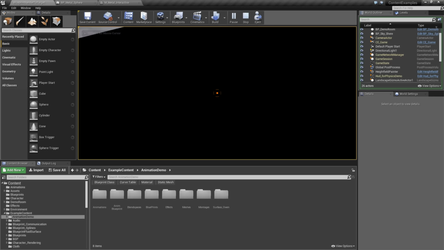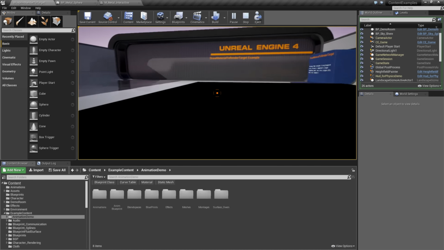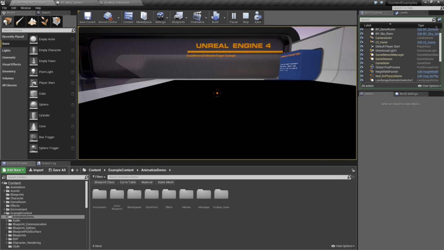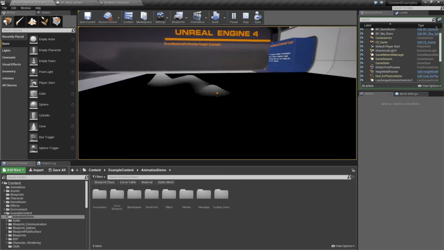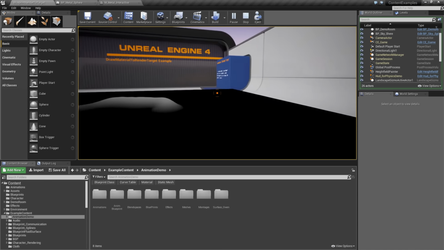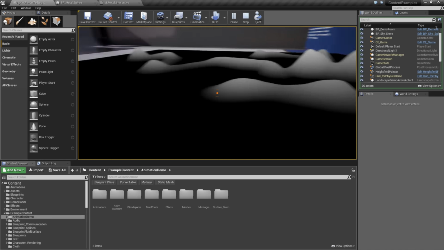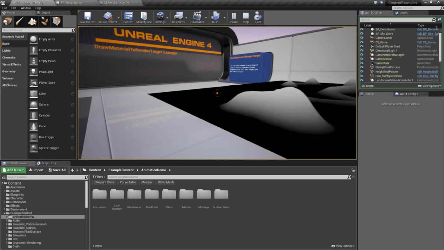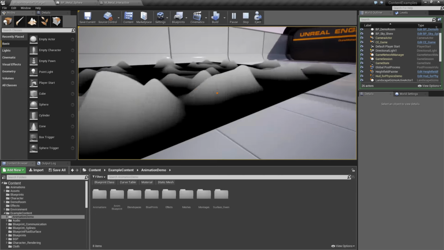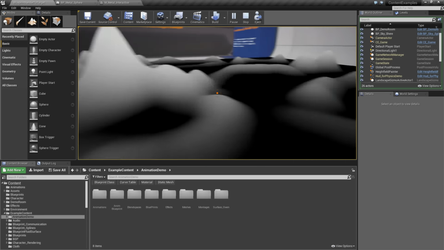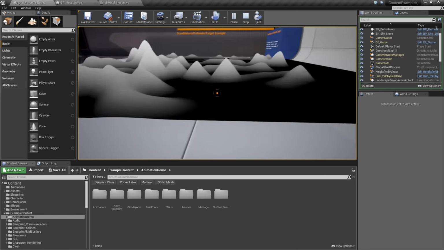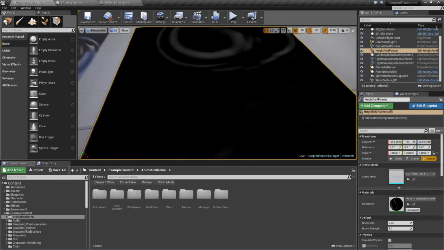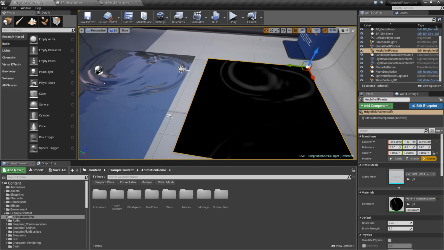But this is the type of stuff you could use once you understand it, where, for example, let's say you had a wall and you want to allow someone to use graffiti. They could, because this is just doing it height-based, but you could do color-based. You could have them actually draw right on a wall in real time. They could make their own graffiti, or you could make your own height masks. And it's just using a simple texture. It's using a material,